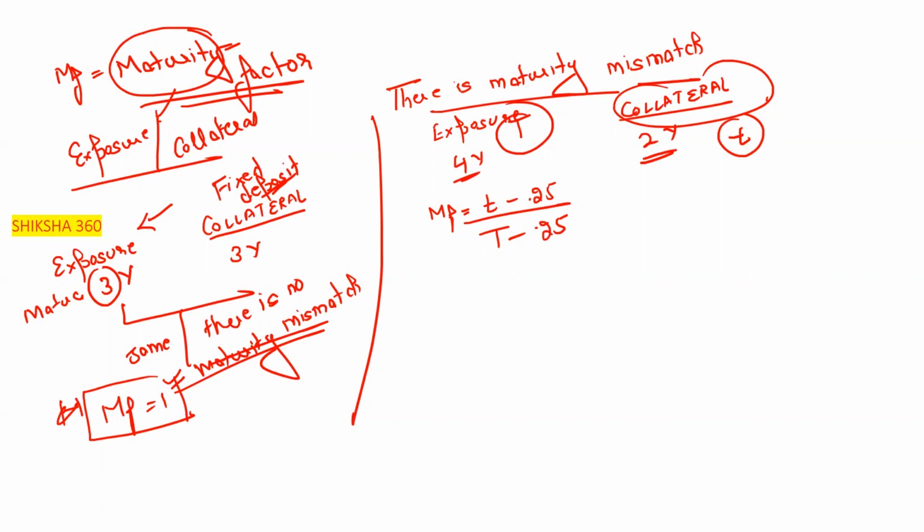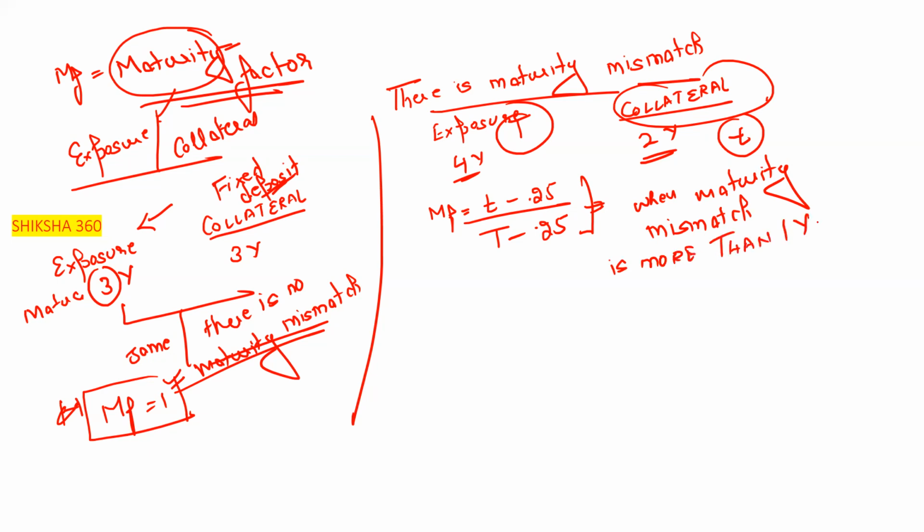And one thing we have to note here: this formula is applicable only when the maturity mismatch is more than 1 year. On the other side, if the maturity mismatch is less than 1 year,